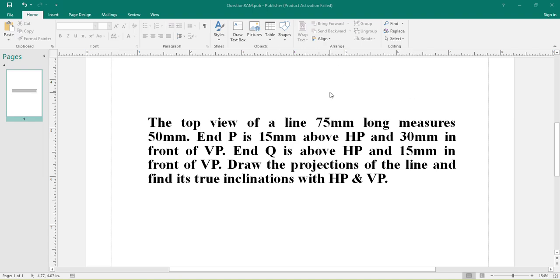Welcome back. In this lecture, we have to solve this question in which the top view is given. If the top view is given in the question, it means the apparent line is in the top view, or below the XY. So the top view of a line which is 75 mm long measures 50 mm. So the line is 75 mm long, and in the top view it appears 50 mm long, and the